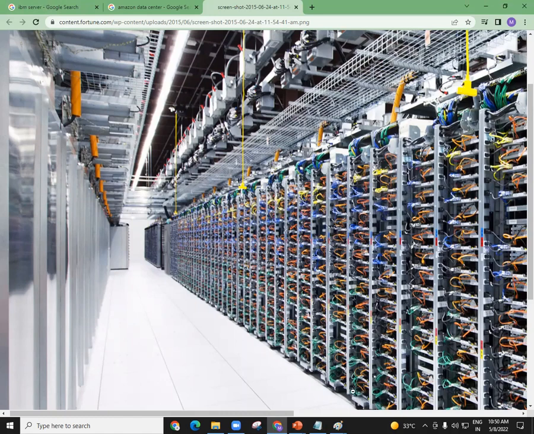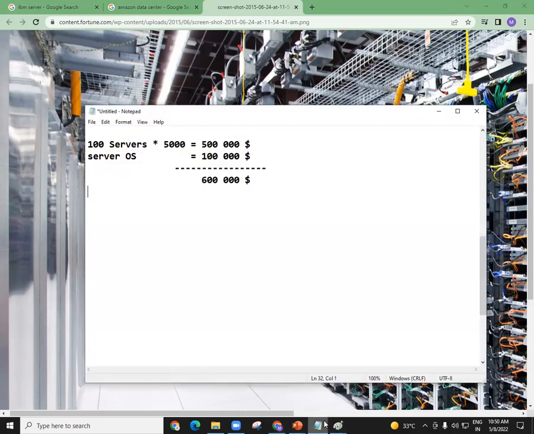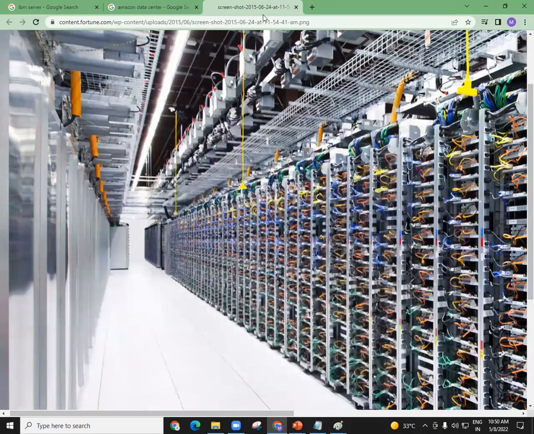So we can choose any of the data centers, any of the cloud providers, and run our services. That means on day one, we are not spending that much money. You just need to create an account, my friend. I'll do one more thing for you. I'll take you through my account.